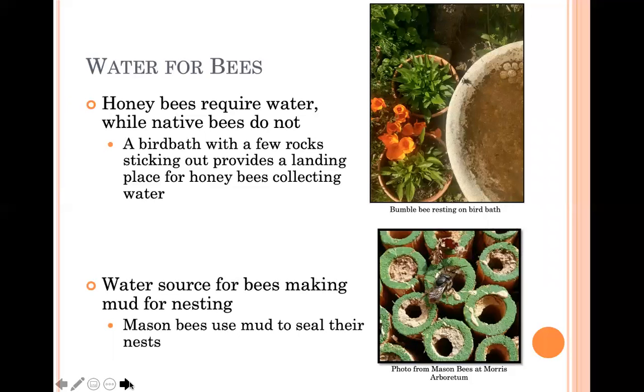extra water. So I have my bird bath and I'll actually put rocks in the bird bath on the edges so that when the bee lands on it, it can just land on the rock and walk to the edge and sip up the water that way so it doesn't accidentally fall in and drown. You could also float a piece of cork on the top of your bird bath and the bees can land